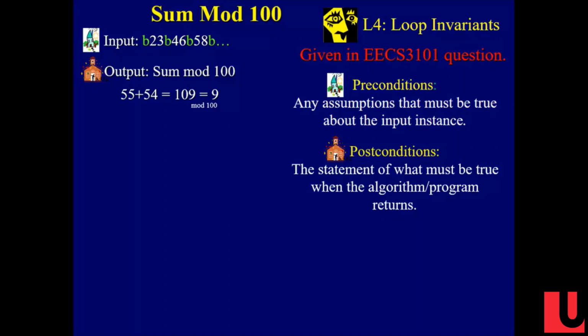As I go more and more numbers, the sum would get bigger and bigger. And if I go arbitrarily far, the sum would get arbitrarily big. And I can't remember that with my finite state. So I'm doing it mod 100 so that I can always remember the answer. Everybody got that?